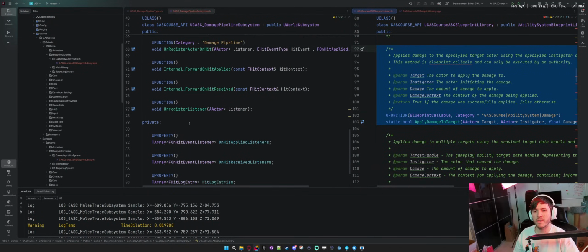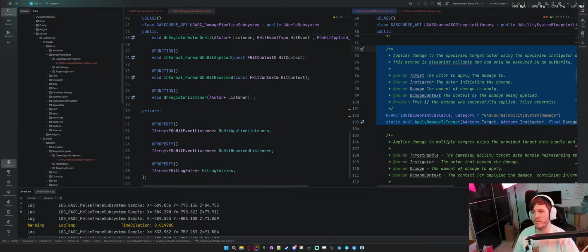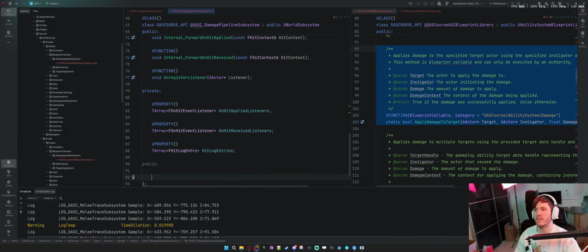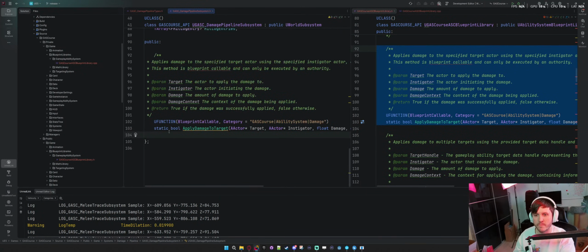So we can make another section really for damage. Public. These aren't really going to be static. Not really gonna make them blueprint callable. And we're gonna say